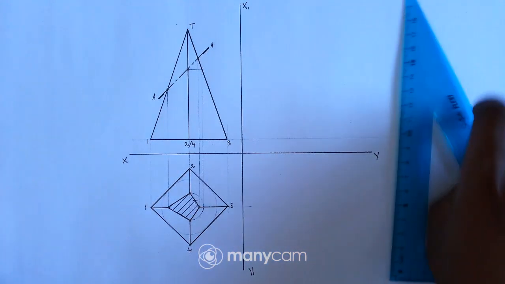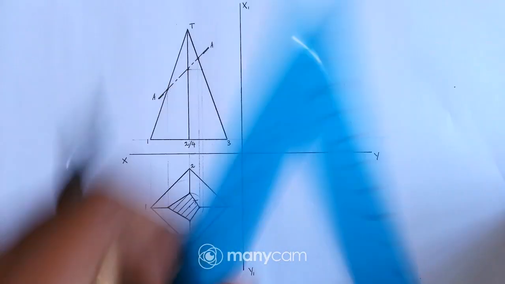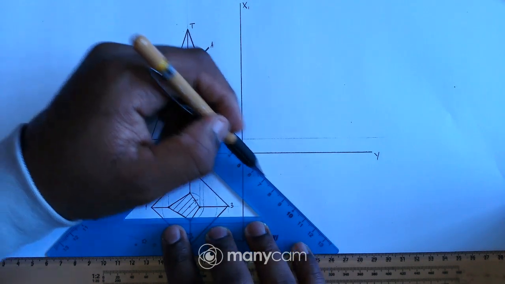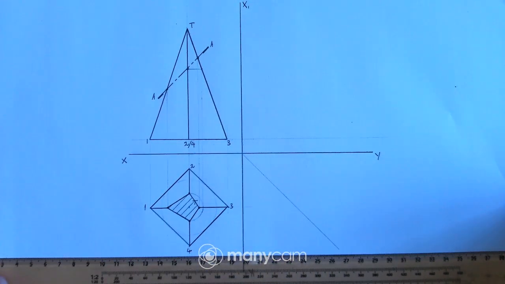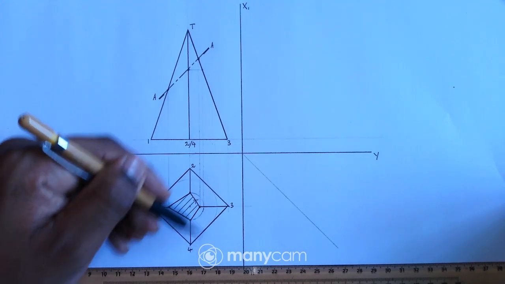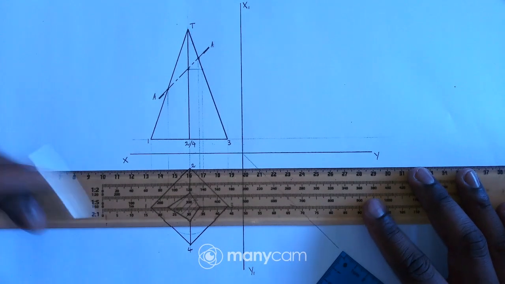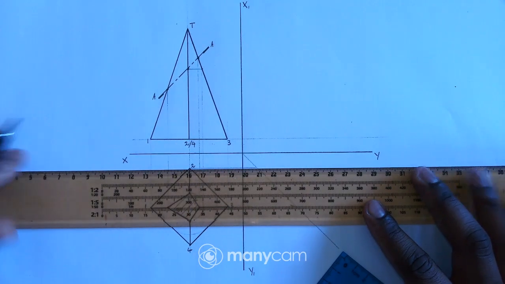Okay, and then obviously I'll add my 45-degree line there like that. Okay, and then I'll just project all the points for the base to the 45-degree line like that,